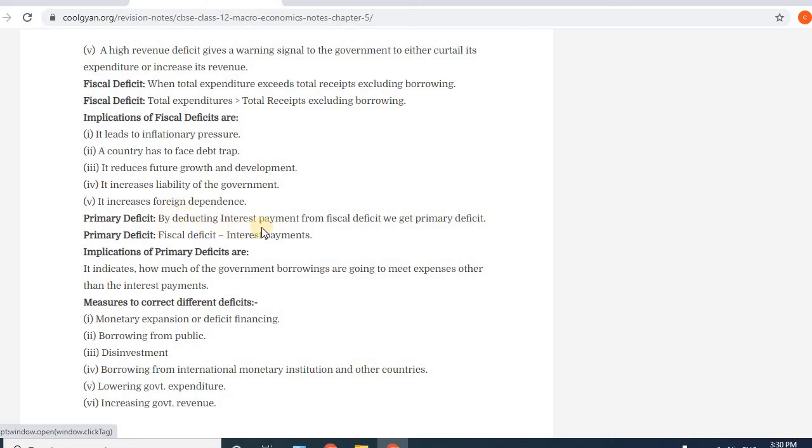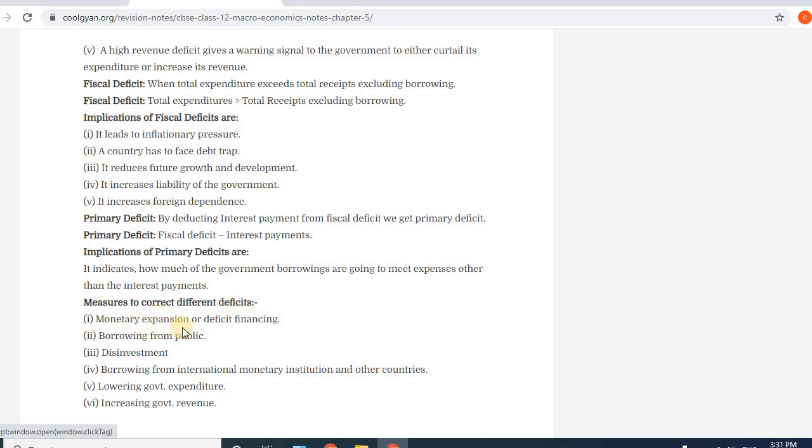Primary deficit: by deducting interest payments from fiscal deficit, we get primary deficit. Primary deficit = fiscal deficit - interest payments. Implication of primary deficit: it indicates how much of the government borrowings are going to meet expenses other than the interest payments. Measures to correct different deficits: